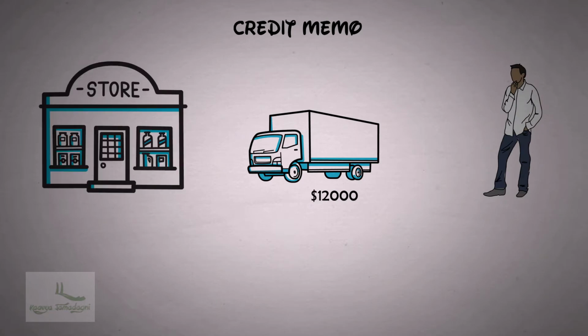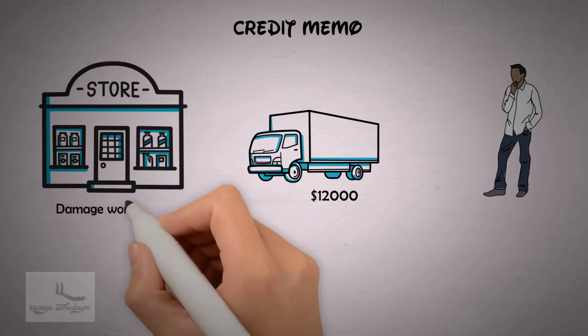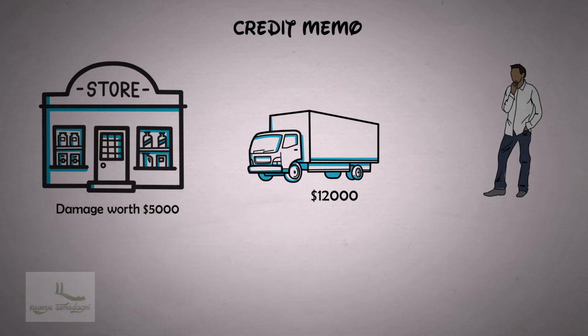To give you an example, let's say we procure goods from a vendor for the amount of 12,000. After receiving the delivery of goods, we have observed that the goods are damaged, which is worth 5,000, and we inform the same to the vendor. The vendor then says, let's adjust in the transaction while making the payment. To fulfill this process, we use the credit memo process in SAP.